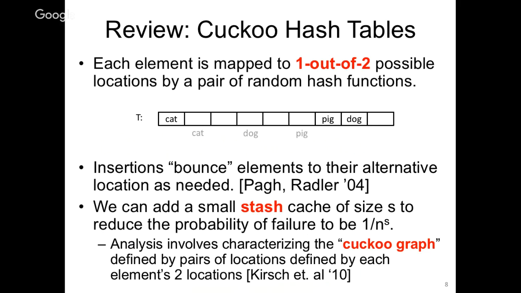And then you insert every one of your elements in one of those two locations. And so in this picture, I've got a table where I've shown cat, pig, and dog. And then in gray, I showed the alternative places where cat, dog, and pig could have gone, but were not put in those locations. And then if you want to do an insertion,